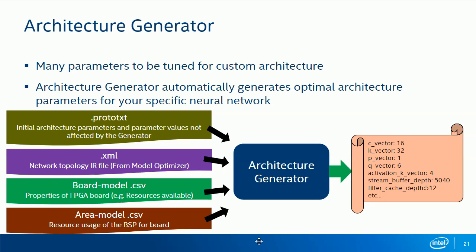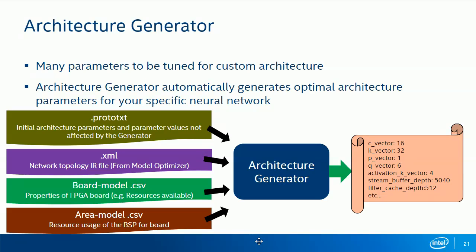The second is the XML network topology file. This is the output of the OpenVINO model optimizer, and this file provides information about your neural network to the architecture generator. The third file, the board model, tells the architecture generator the amount of FPGA resources available for that specific FPGA board. And lastly, the area model includes information on the resource consumption of your OpenCL board support package. With these 4 pieces of information, the architecture generator can then generate a prototxt file that contains a set of